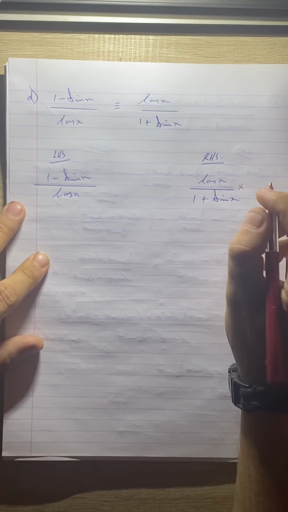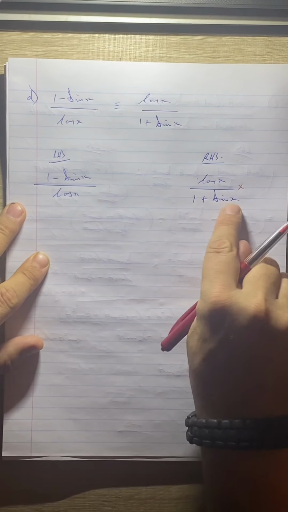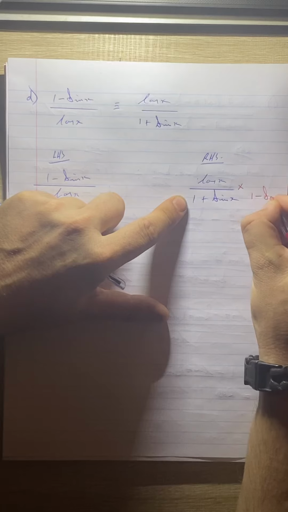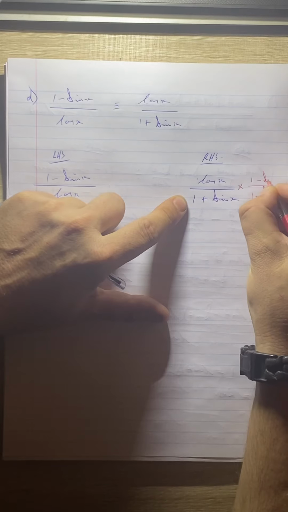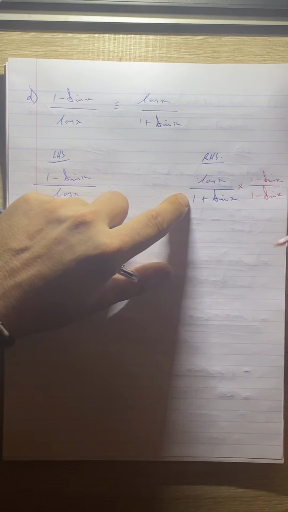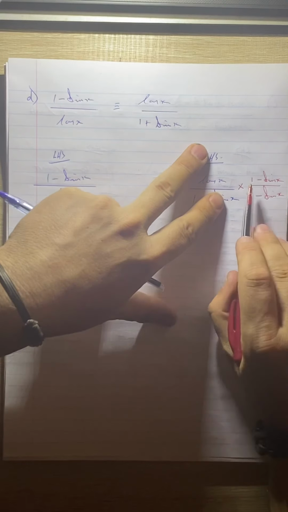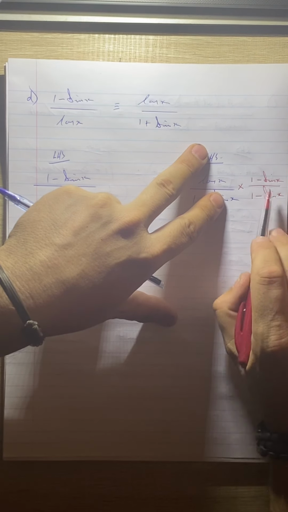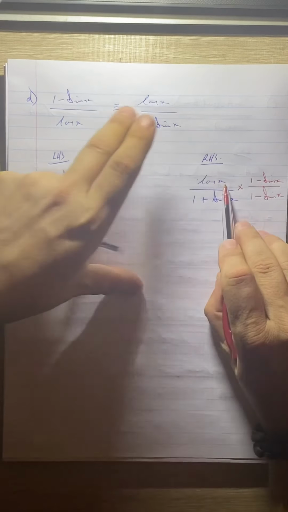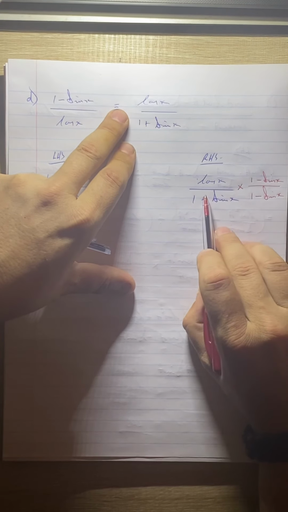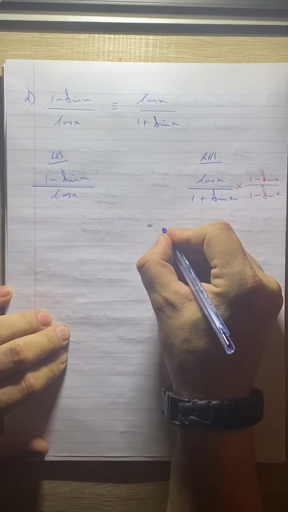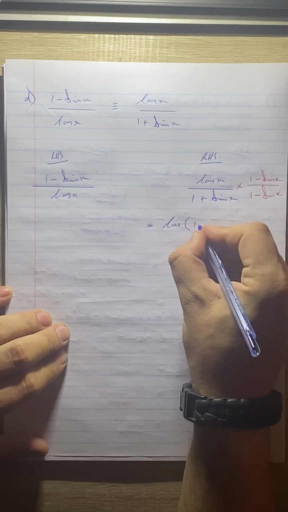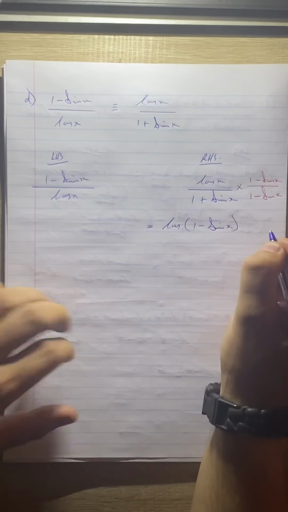So I'm going to multiply by the conjugate. So we're going to look at this bit here. The conjugate of 1 plus sine x is 1 minus sine x. And I'm going to multiply the top by the same thing, 1 minus sine x. So what we're multiplying by here is 1 minus sine x over 1 minus sine x, which is basically 1. So we're multiplying this thing by 1, so we're not changing it at all, okay? So up at the top, we will get cos x multiplied by 1 minus sine x over